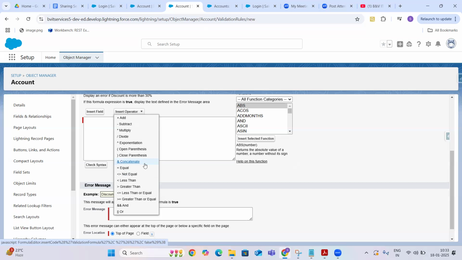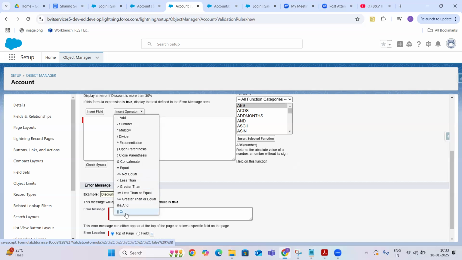Whenever I want to combine those strings as a single string, ABC PQR, we will use concatenate. Equals, not equals, less than, greater than, less than or equals to, greater than or equals to, and logical and, logical or. So these are simple operations.